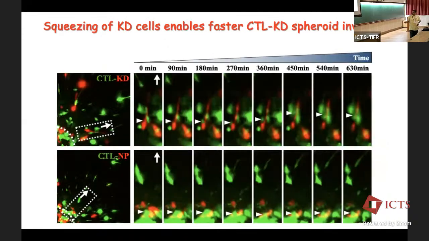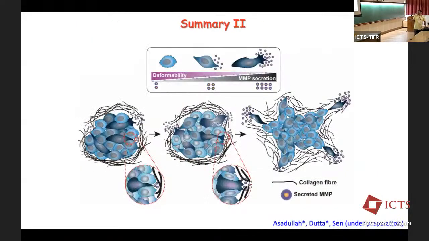These are a sequence of images that I took from high resolution imaging. This is an example where you have the emergence of a green proteolytic cell. It is stretching out and bypassing this knockdown cell to come forth. You can also appreciate the extent to which the non-proteolytic cell is getting squeezed out. Based on this, we propose a model wherein by tuning deformability and cell size,